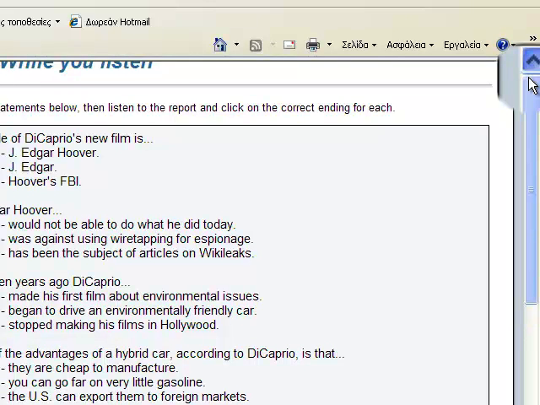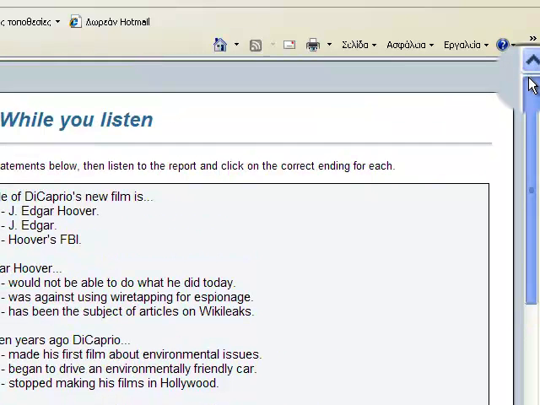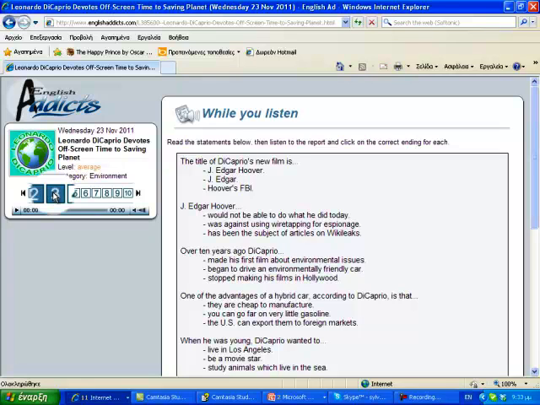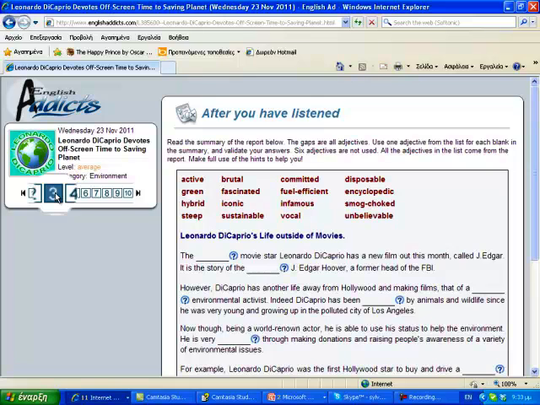So you read the statements and listen to the report and click on the correct ending. So there is a lot of work to do with full support from the interactive materials, which means you are an independent learner. What you learn on your own, you will bring into the virtual classroom for our scheduled classes,